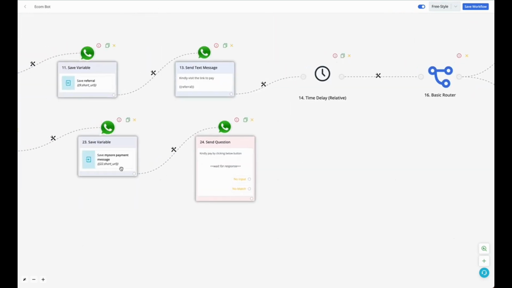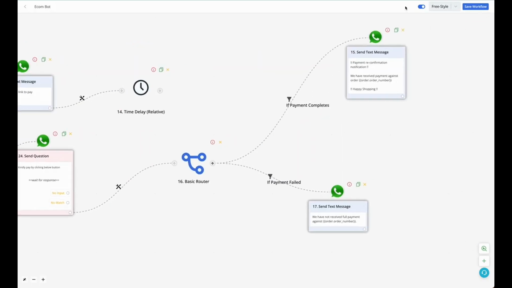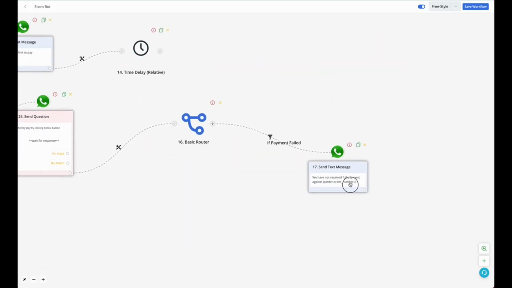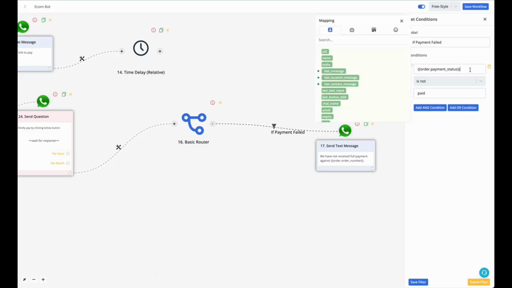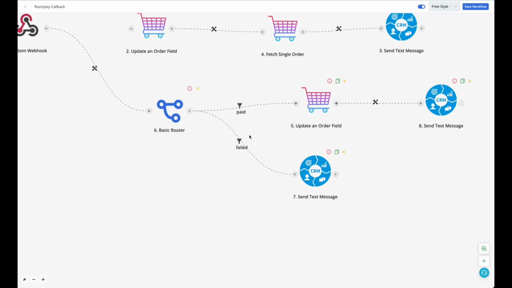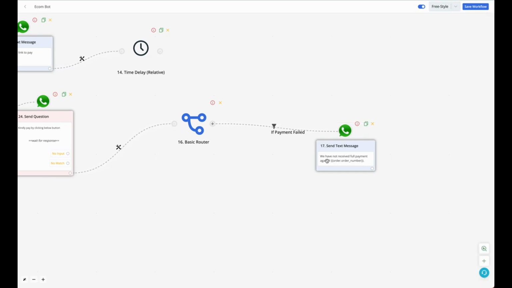So let us do one thing. If the payment is failed or not done within 5 minutes, let us add a basic router here, and we'll not send the payment success message. Now in this router we are only checking if the payment is failed. How do we check it? The variable would be in the e-commerce order payment status, because if the payment is getting paid, we are actually updating this field. So if the payment status is not paid,